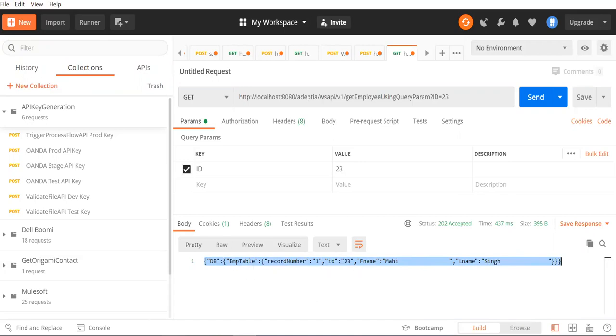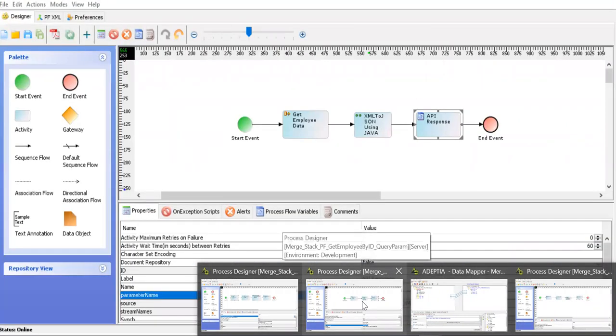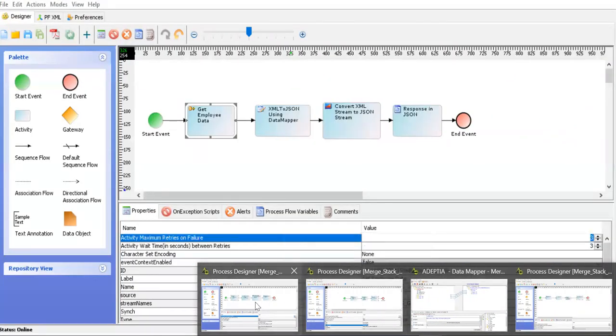Let me recap what we have covered in this session. We have seen how to pass the query parameter and how to pass the header parameter while invoking the REST API. We have seen how to convert the input XML data into JSON by using Java code and the data mapper.